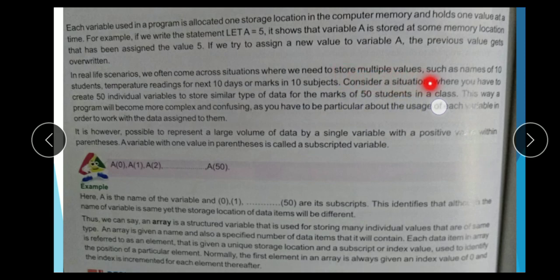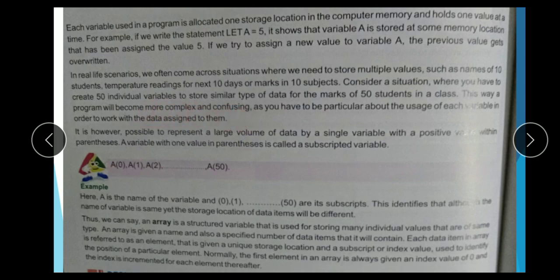So consider a situation where you have to create 50 individual variables to store similar types of data, for the marks of 50 students in a class. This way a program will become more complex and confusing, as you have to be particular about the usage of the variable in order to work with the data assigned to them.